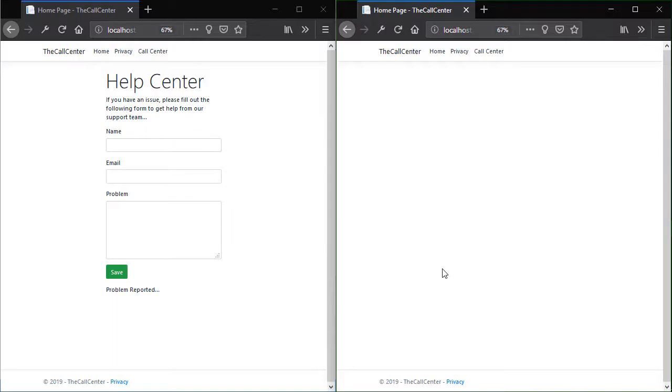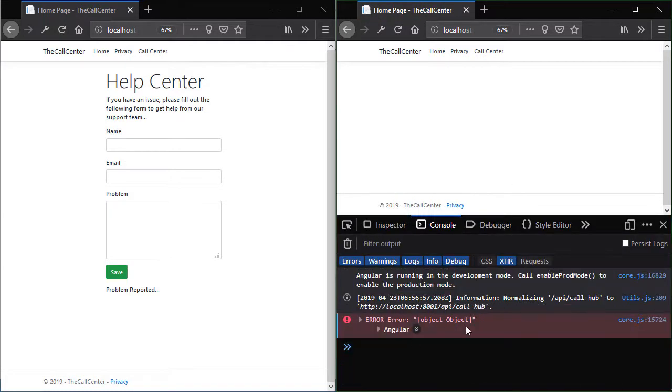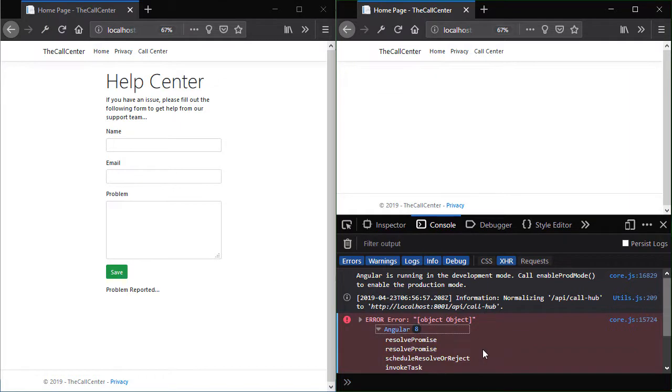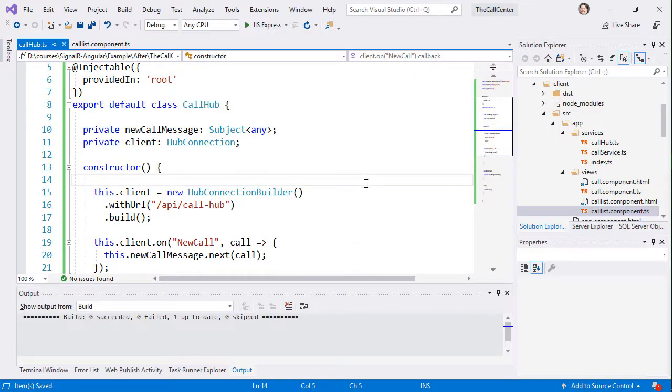Make sure and refresh both pages, so we're going to get the new version. And when I refresh it, it's going to actually not work. And that's because I've made a boo-boo in here. We're getting a weird Angular error. And I say weird in that Angular isn't really telling us what we're doing wrong, but it's probably somewhere inside of our call hub. So we look back here in the call hub,